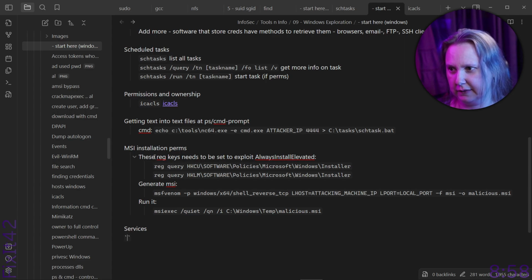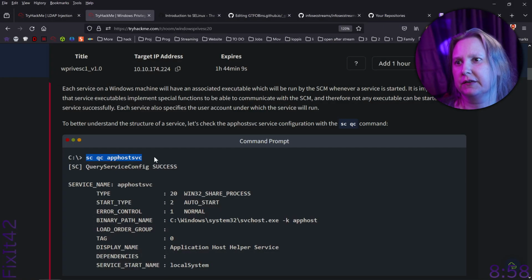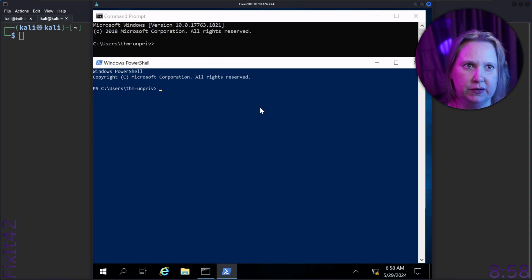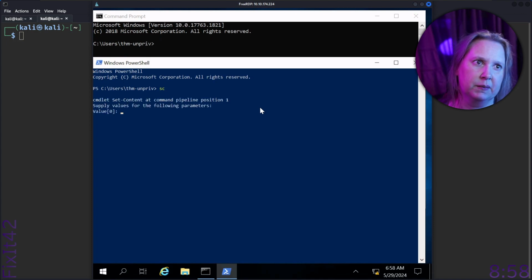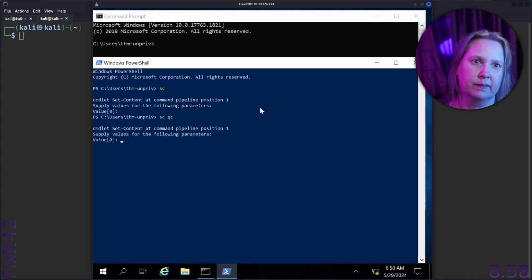Alright, so let's see here first. Service configuration with sc qc, and now I at once want to try this. So if we just do sc here, what happens? Okay, supply values. So sc qc. We'll also want more, so that's not a command in itself. So sc,